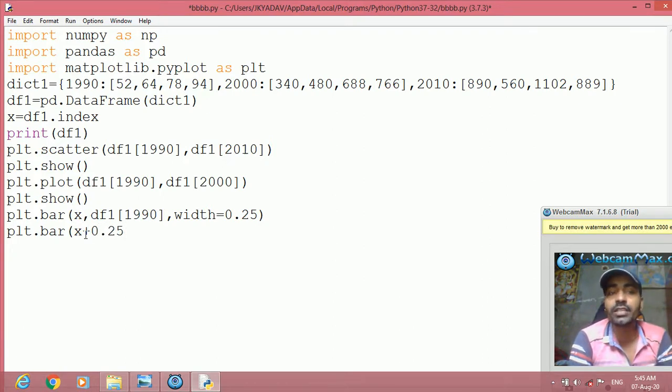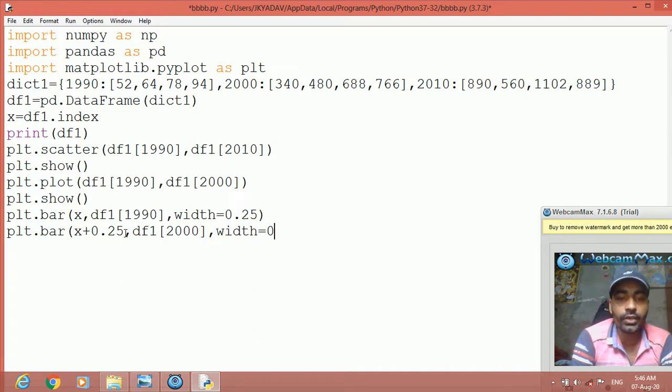Now I will tell you the reason why I removed the index ABCD: this 0.25 cannot be added to letters like ABCD, and that's why I have taken the number as the index, as the row. So a number can have 0.25 added. That's why here I put x plus 0.25, comma, then df1 of which year? 2000. Then this also has the width of 0.25.